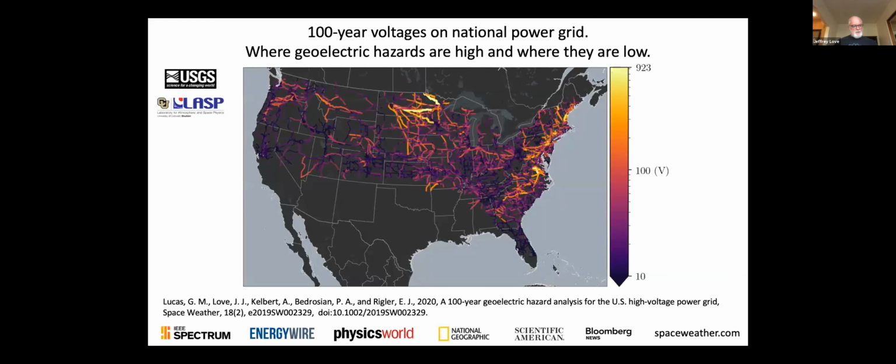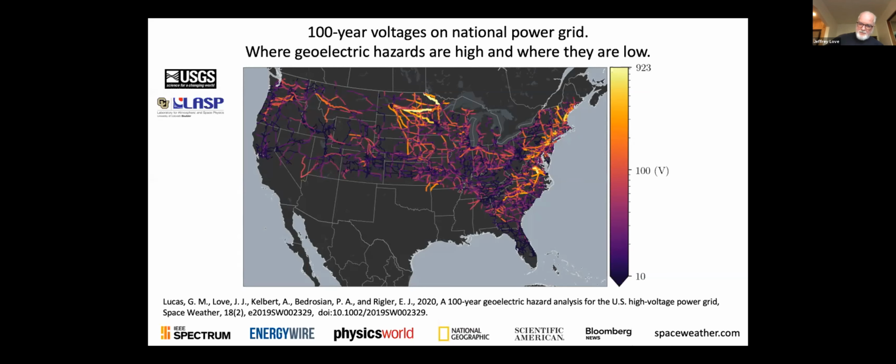All right, so I just want to compare these results with other, more panoramic results that we've been developing at the USGS, and now at the USGS in collaboration with the University of Colorado. This is work that was spearheaded by one of our postdocs at the time, Greg Lucas, who now works at the University of Colorado. It basically goes through the process that I was describing for the March 1989 storm, but for multiple storms, and then does some statistical analyses of the results to understand what the geoelectric field is across CONUS and then projects that onto the power grid system itself.